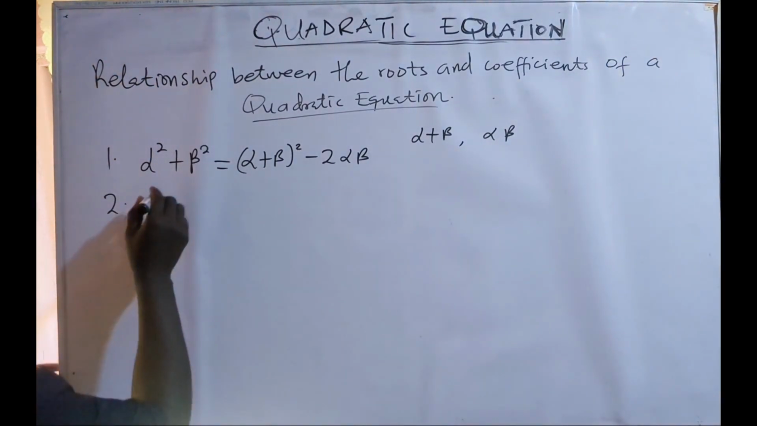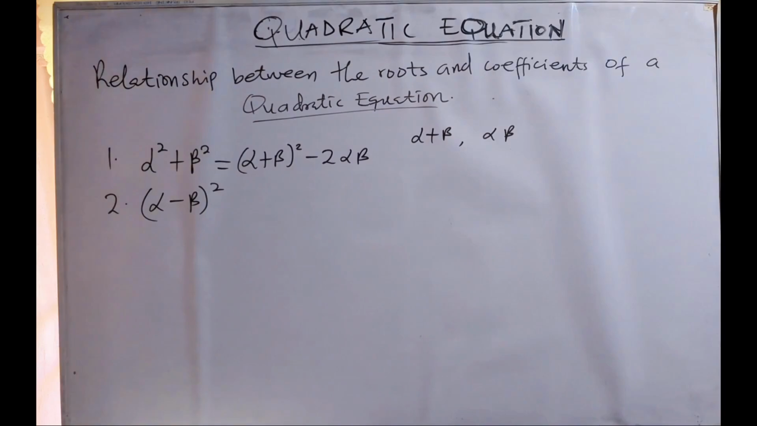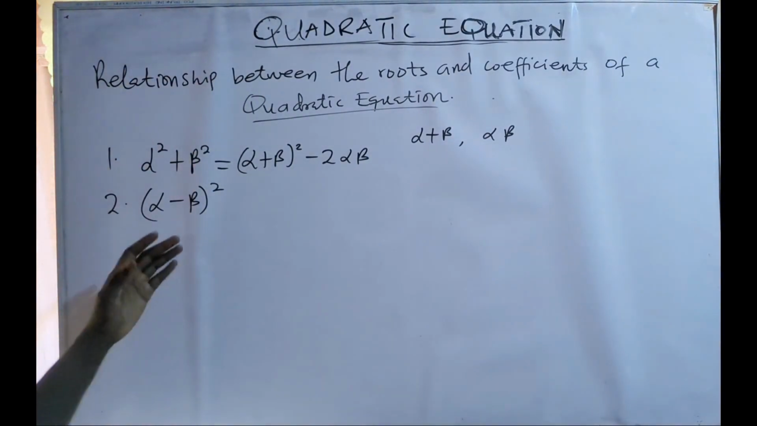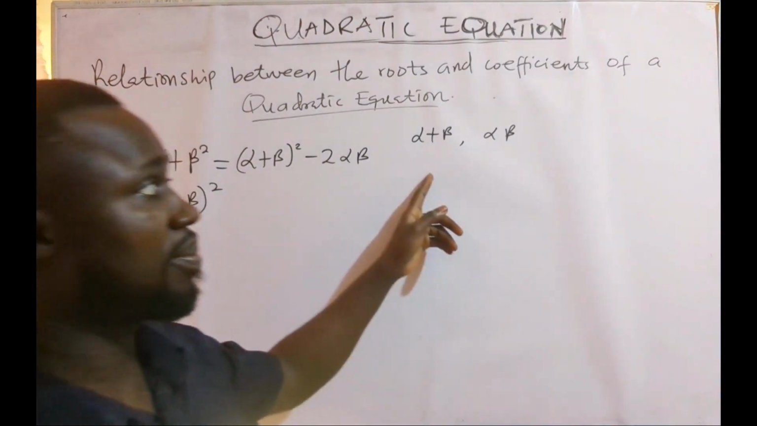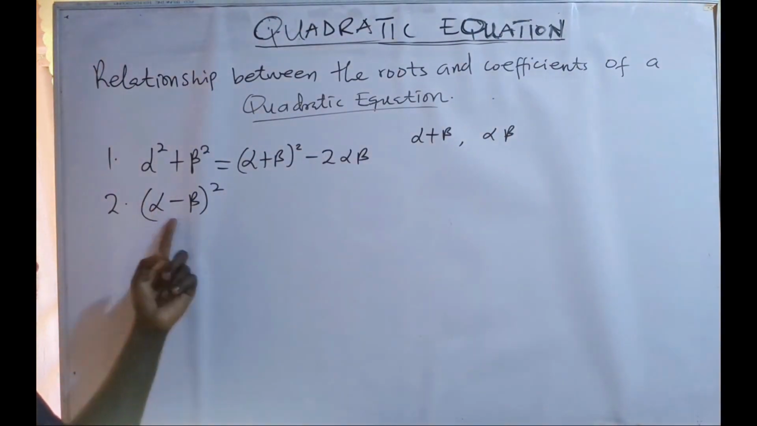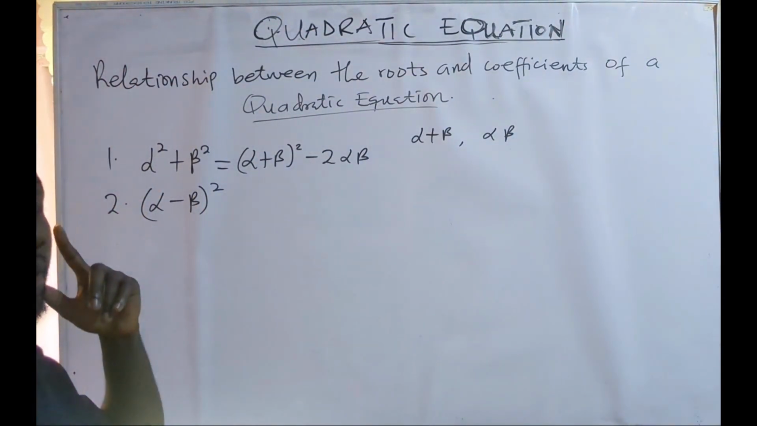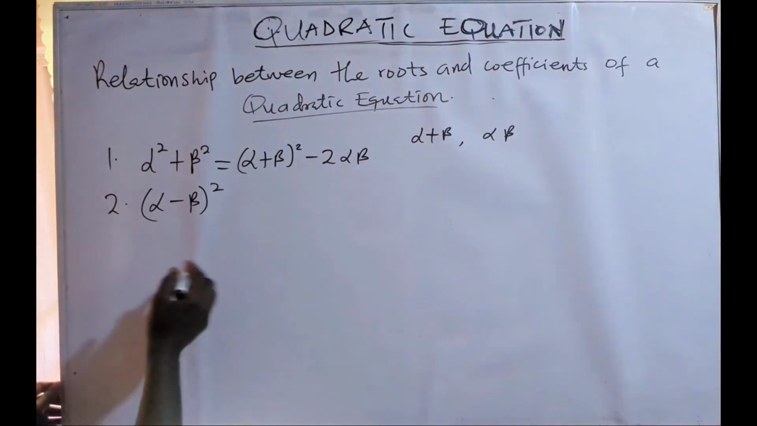If I'm asked to find (alpha minus beta) all squared, what I can find from my quadratic is alpha plus beta and alpha beta. So how am I going to be able to find (alpha minus beta) all squared? Okay, so what we should note is that if I have alpha